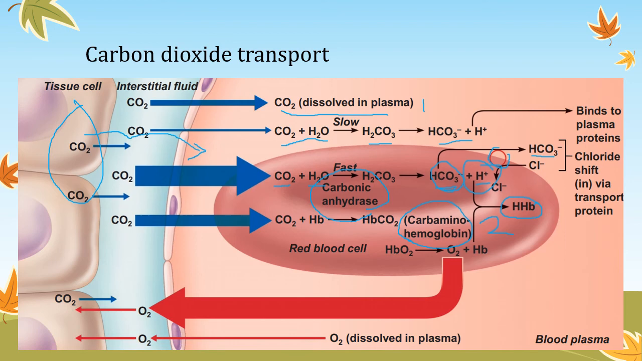bicarbonate combines with the proton, which was attached to the hemoglobin. So now it is released, and the proton combines with bicarbonate and forms carbonic acid, right? Carbonic acid now dissociates, because it is unstable, into carbon dioxide and water, and therefore you have carbon dioxide and water